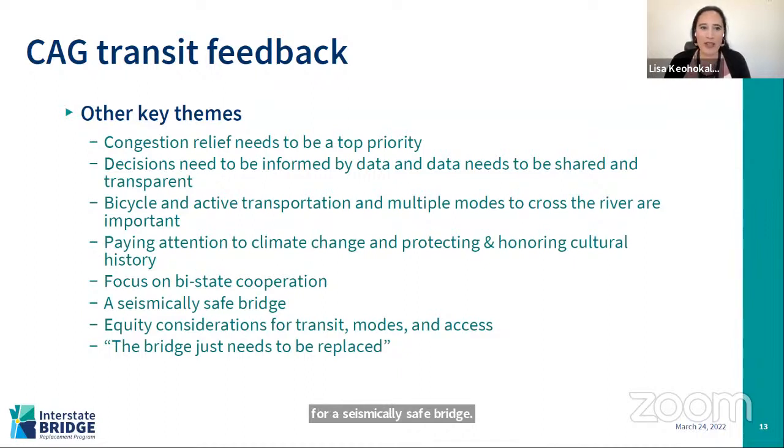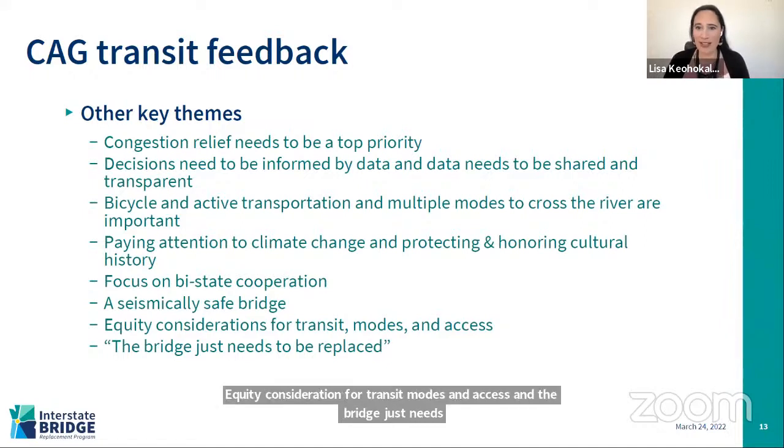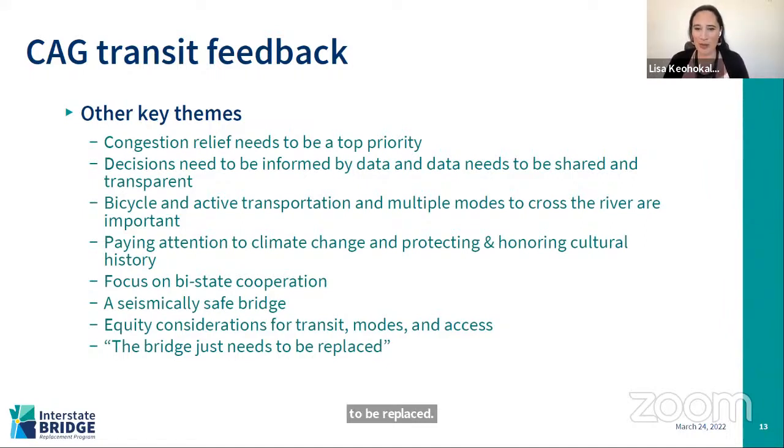I think the infamous quote by Sam Kim, you know, the best bridge is the bridge that gets built, is often used within the program. I think some of the key themes that we heard are in those 2 slides, but I also wanted to